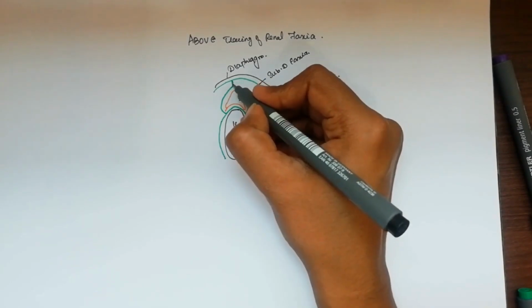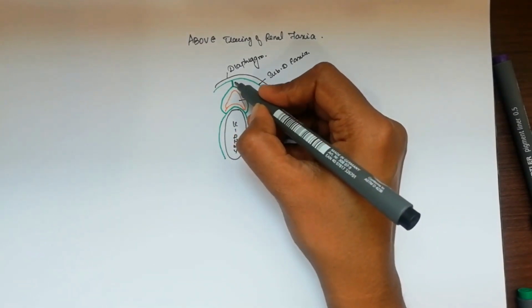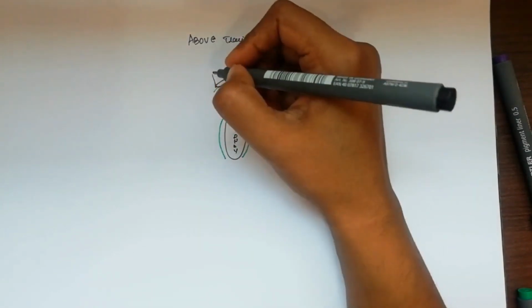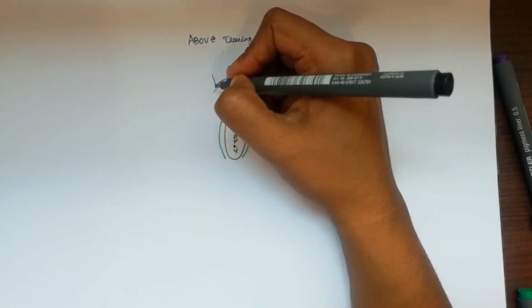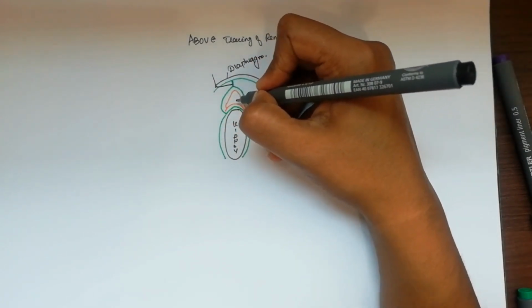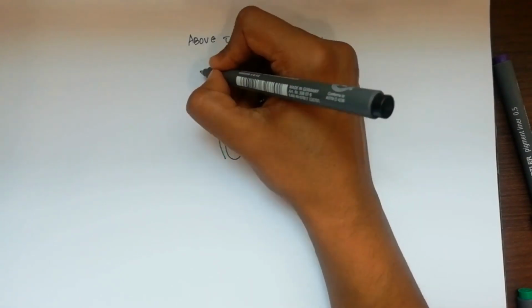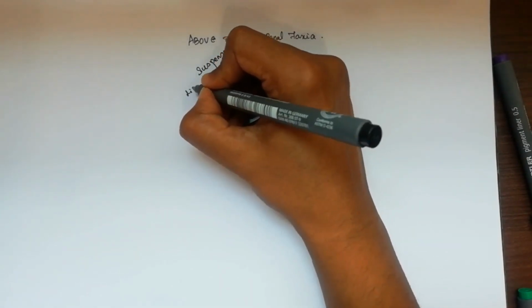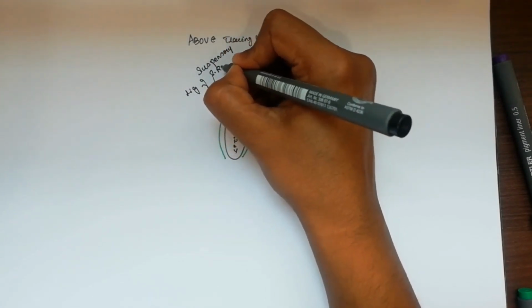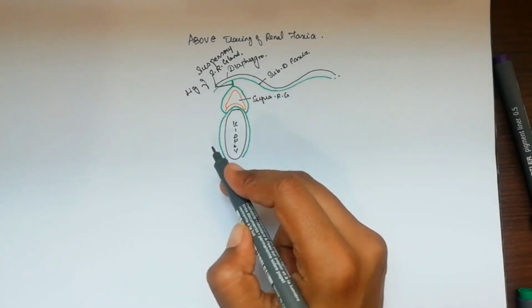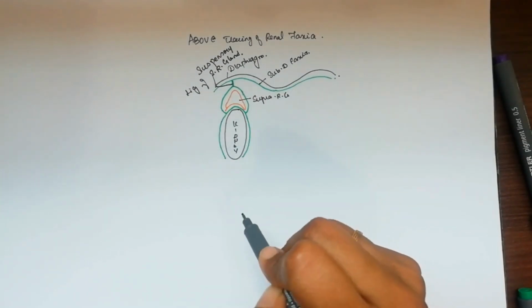Now we have got this part, which is getting connected to the suprarenal gland and subdiaphragmatic fascia, as the suspensory ligament of suprarenal. That's why the suprarenal gland is held in proper position, and that ligament is called the suspensory ligament of the suprarenal gland. So this is how we have got the tracing of the upper aspect of the kidney.